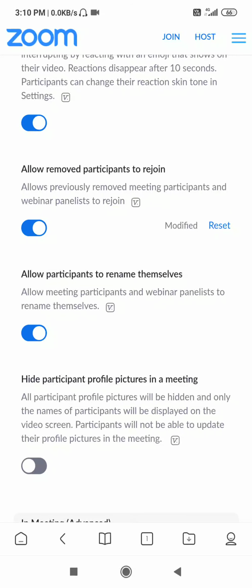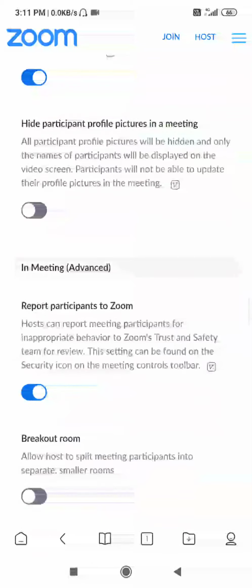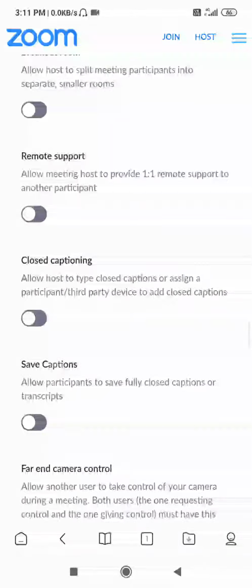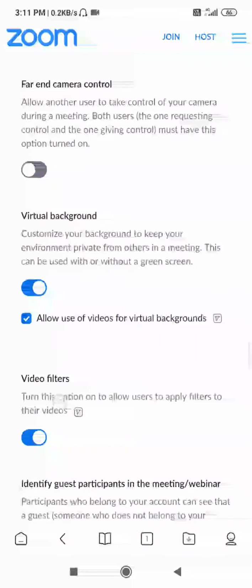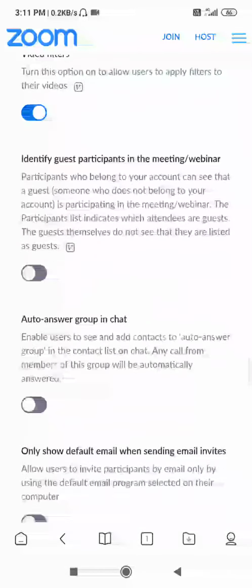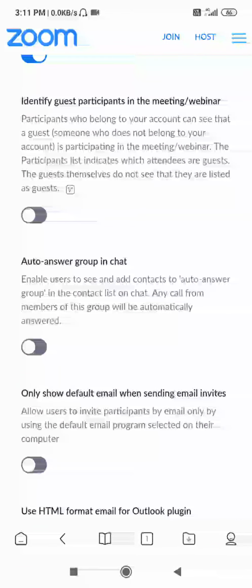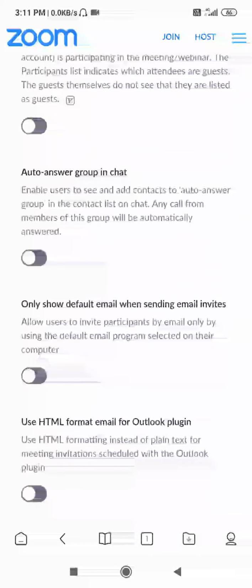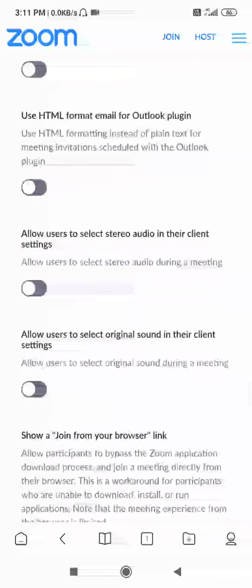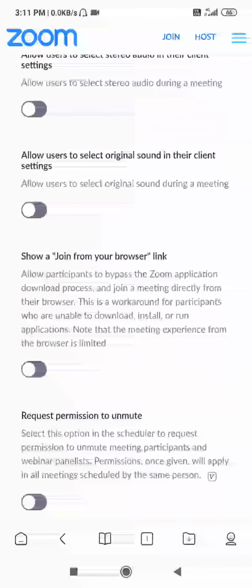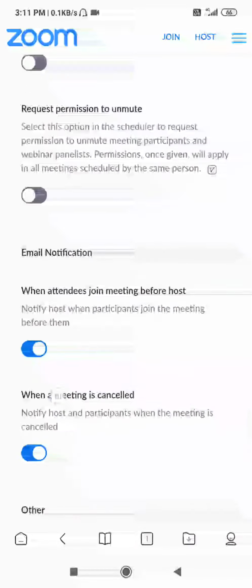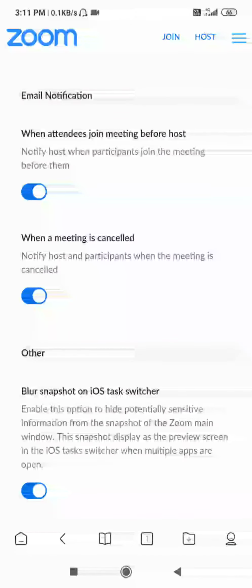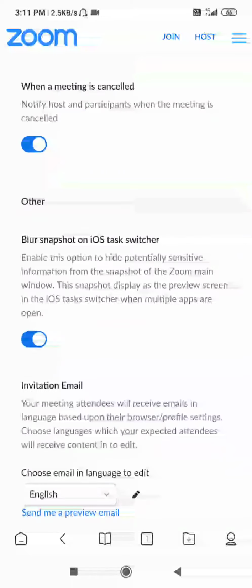And this option, allow participants to rename themselves, this should be on. The rest all is okay.